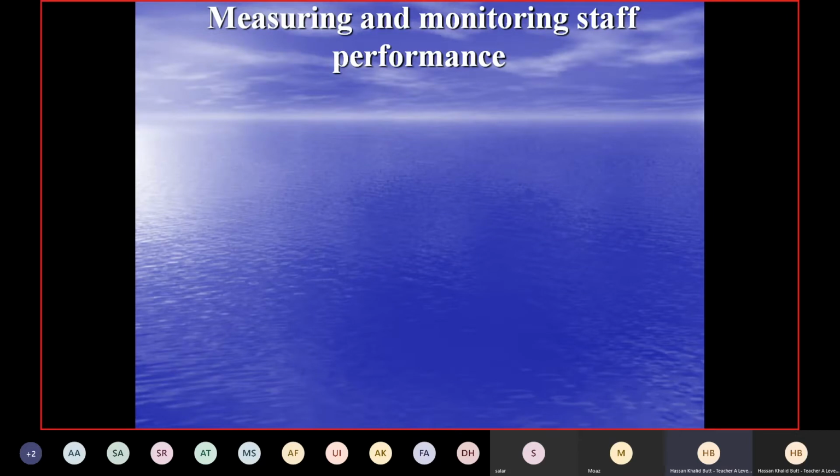to measure the performance. So today we'll discuss what are those methods through which employees' performance can be measured, because then obviously a strategy can be developed on how to improve the performance of certain employees whose performance is not up to the mark because of any reason. Let's discuss them. First is labor productivity. It's a very common method.